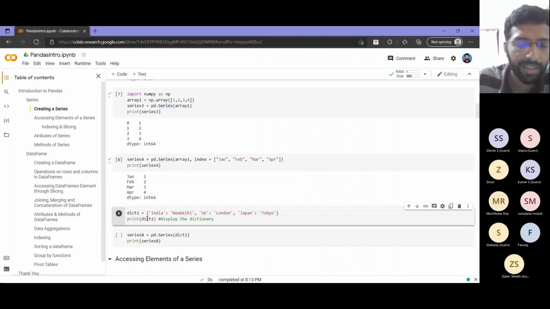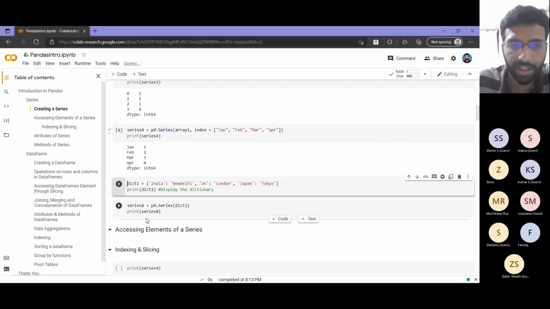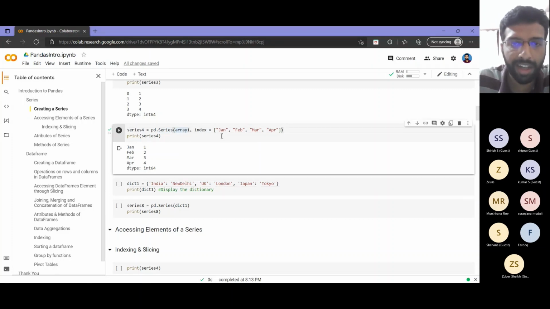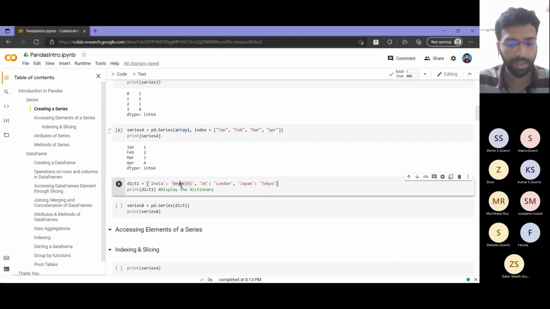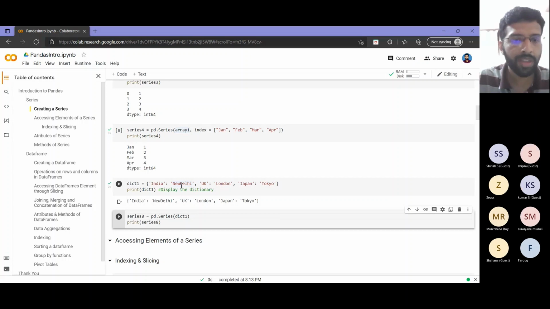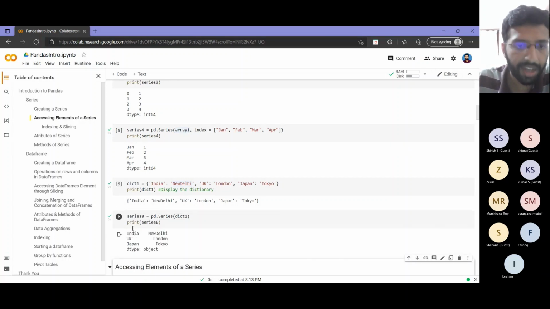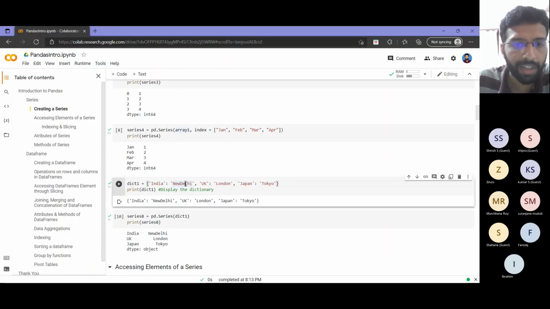We saw it with the list and the NumPy array. Then another data structure that we have in Python is what? Dictionary. If I have a dictionary like that, when you convert a dictionary to a series, it will automatically take the keys as the index, and whatever is in the values part of the dictionary will get mapped to the value part of the series. So for the same inputs, you can implement it in either of these ways.